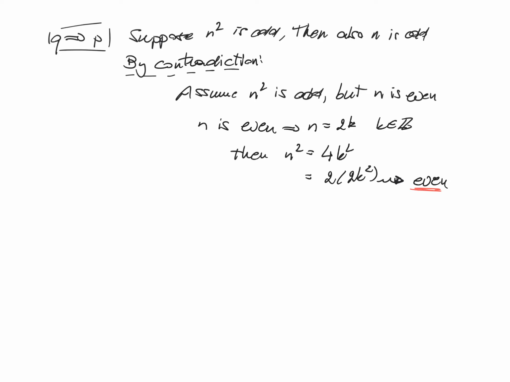but we also assumed that n squared is odd. So we find a contradiction. The contradiction is often indicated with a lightning sign, and thus we proved that it is impossible. So here we have proved that it is impossible for n squared to be odd if n is even, because we found a contradiction. So this concludes the global proof, because we have now proved that P implies Q,